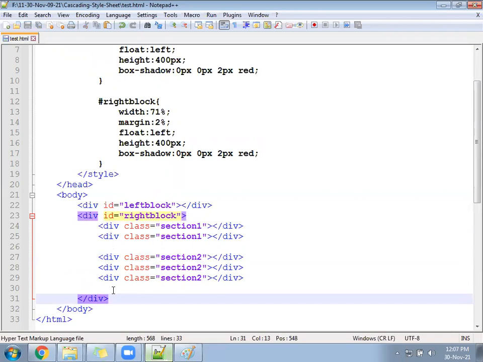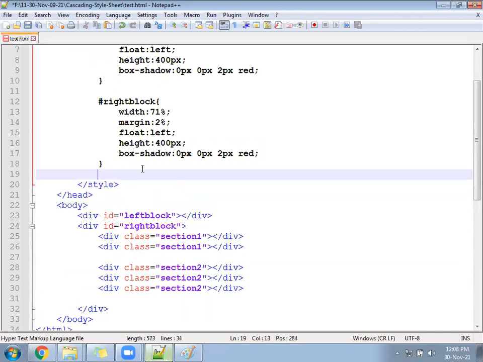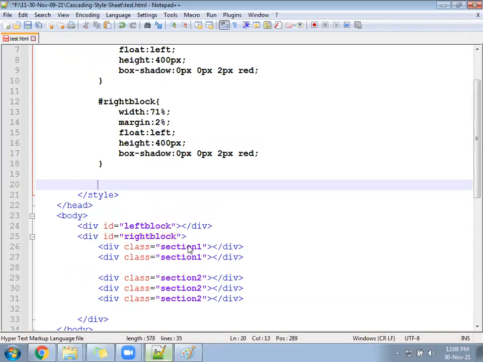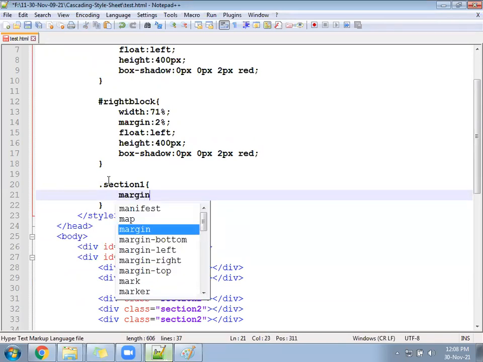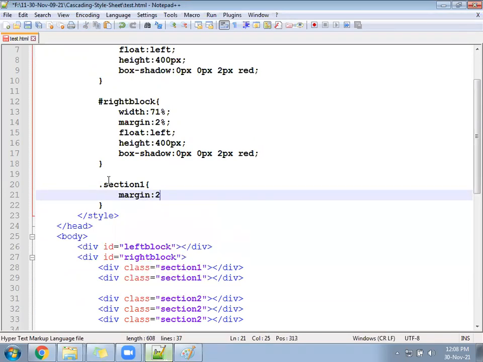Section 1, 2 times. Section 2, 3 times. Then section 1 says the margin maybe 2%, margin 2% and 1%.